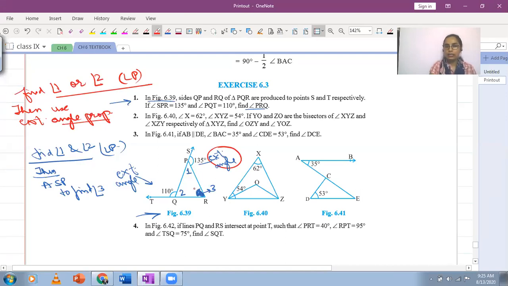Now there are 3 interior angles: angle number 1, angle number 2, and angle number 3. To which 2 interior angles is the exterior angle related? आपने उसके साथ वाला एंगल नहीं लेना होता, ये नहीं लेना हमने. 2 and 3. So 135 is actually equal to angle 2 plus angle number 3. So you can find angle 2 and then apply this property.